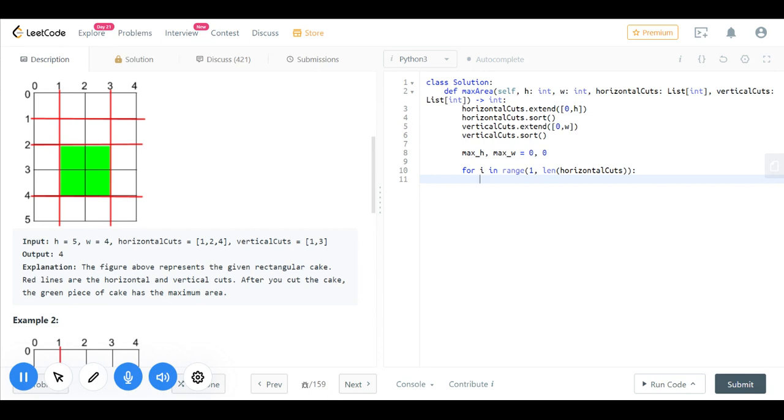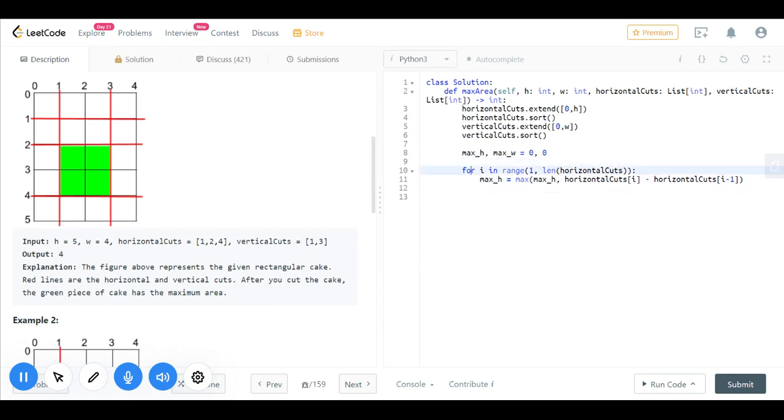And now I'll be updating the maximum length, that is using max operator, max h comma horizontal cuts of i minus horizontal cuts of i minus 1, right? So once this loop is done, I'll be getting maximum length.